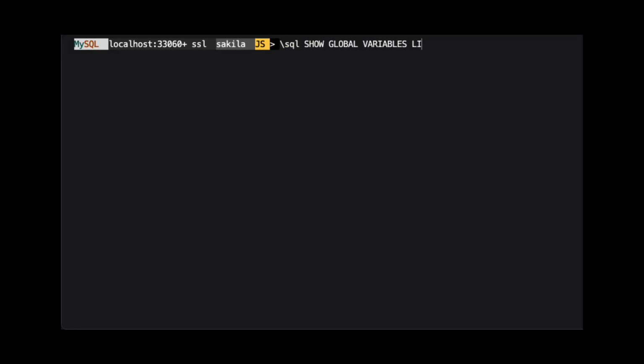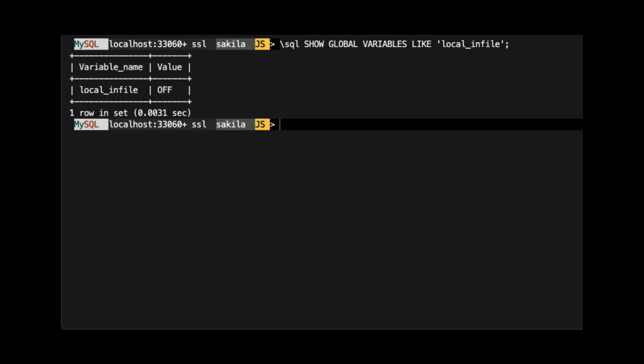Before we get started with demonstrating how to dump and restore data using MySQL Shell, we need to verify that the global variable named local_infile is set to on. We do this by running the query show global variables like local_infile. Note we are still in JavaScript mode, but we can run a query by prefacing the command with \sql. If the local_infile variable is set to off, we can turn it on by running the command \sql set global